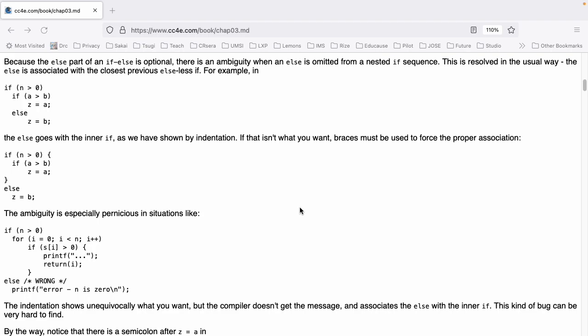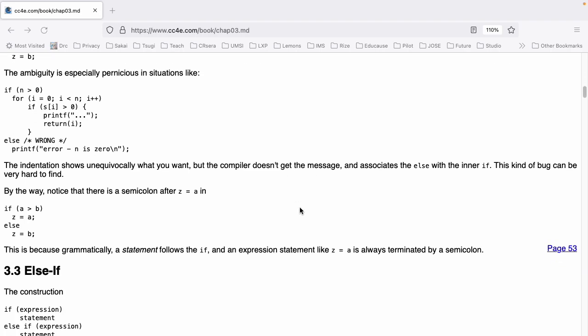if (n > 0) { if (a > b) z = a; } else z = b; This ambiguity is especially pernicious in situations like if (n > 0) for (i = 0; i < n; i++) if (s[i] > 0) { printf("..."); return (i); } else, and this is where it's wrong, printf("error: n is 0");